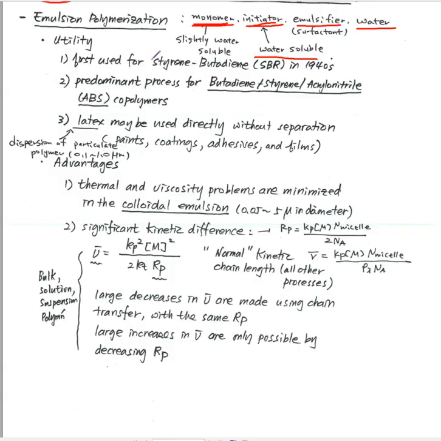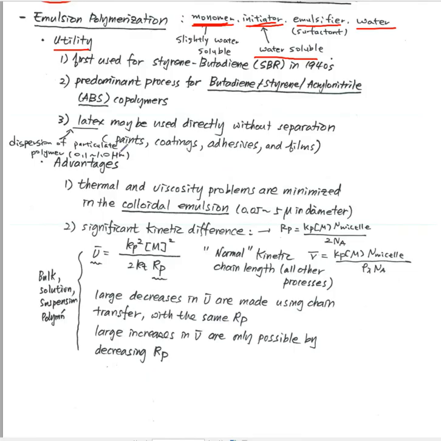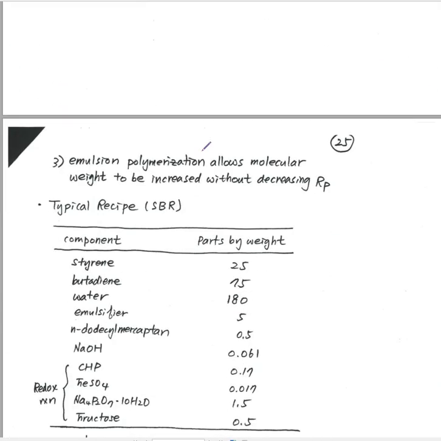Okay. The usage is, you can just read it, just not that important here. It's generally used for some specific polymers. Advantages include the details. Information about this emulsion polymerization is not that important. So I'm going to just skip this part first, and let's see how this emulsion polymerization occurs by looking at